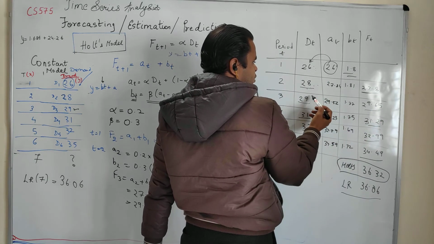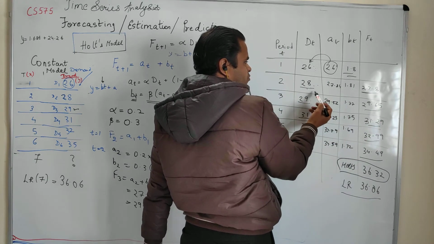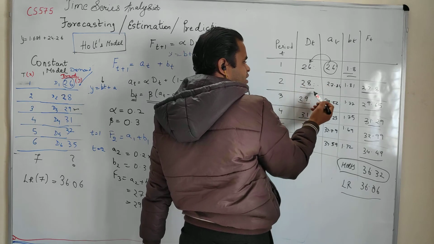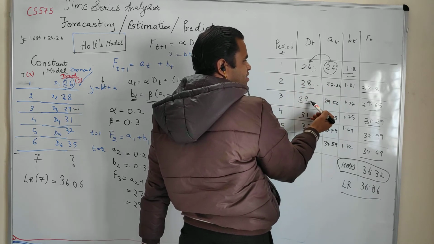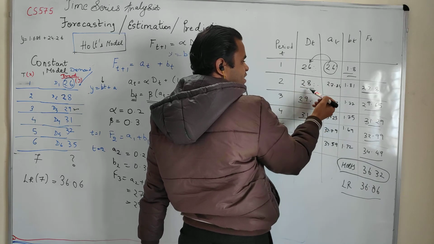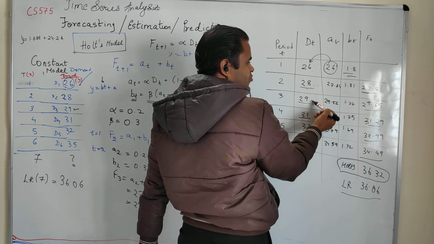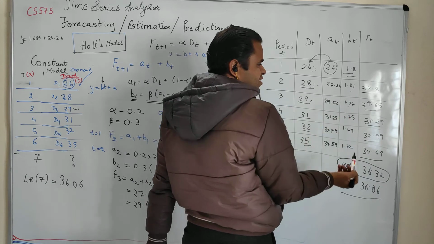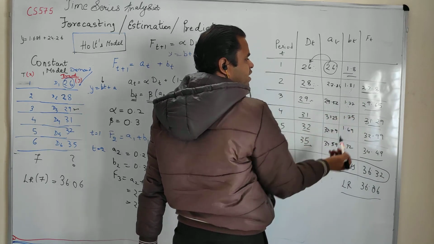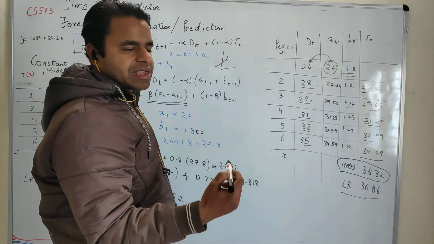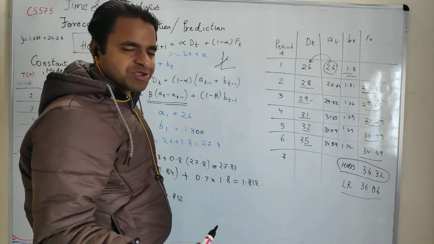But from 28 to 29, it was a sudden step of only 1, right? You increase by 2 and reduce by 1, right? So from the initial value, there is a depreciation here, right? It again increased, but only by a value of 1. So it had to readjust the slope. So it tried to readjust, bringing the slope from 1.88 to 1.77. So this is how Holt's model actually works.